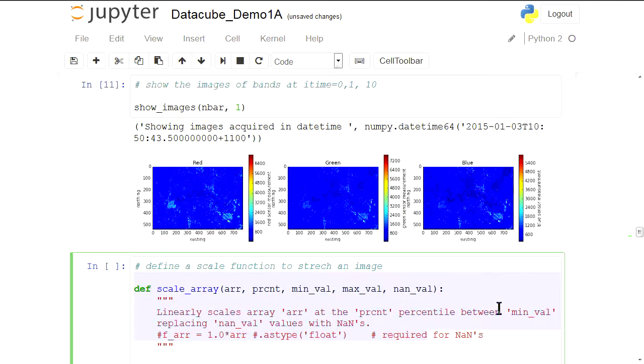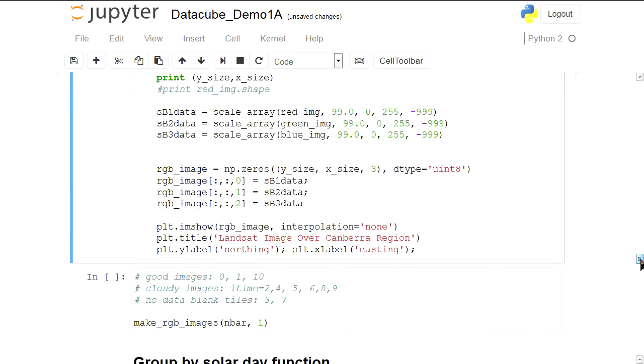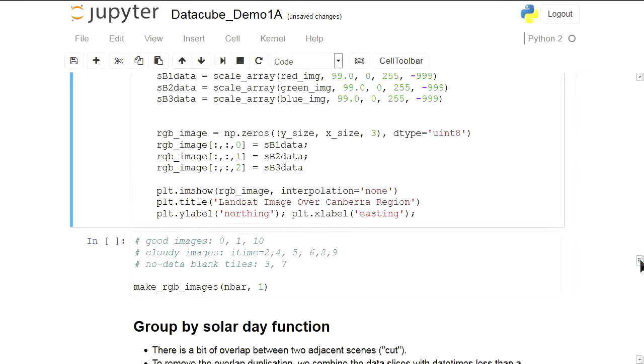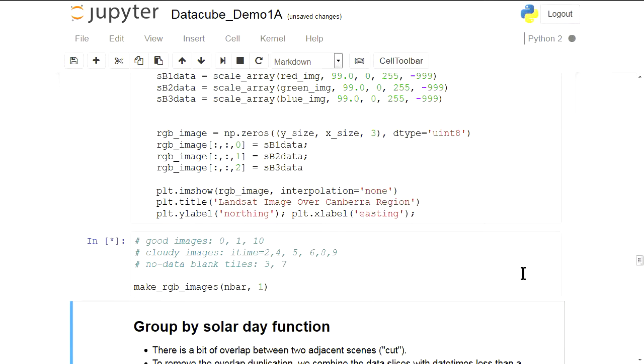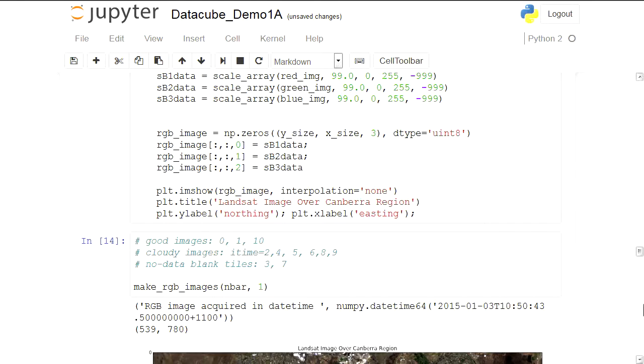Okay, and the next one is to scale the image. I'm going to show you a color image. This one makes an RGB image, and it is more interesting. This color image will clearly show you the Canberra region.